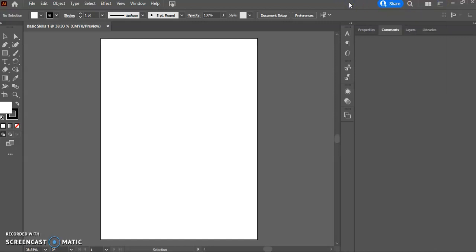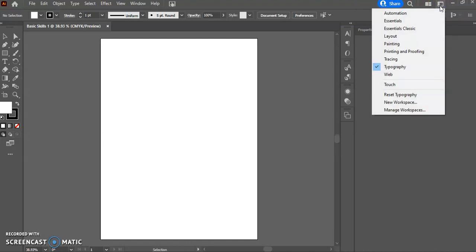Do you guys see how there's a toolbar on the left and a toolbar across the top? Yes? If you're in Essentials, that ain't going to happen. Okay? I have stuff on the right and the left and the top. Do you see this little icon that I'm clicking right here? If you're in Essentials, that's not going to happen. I like to be in Typography because it gives me way more stuff. Okay? So that very far right icon